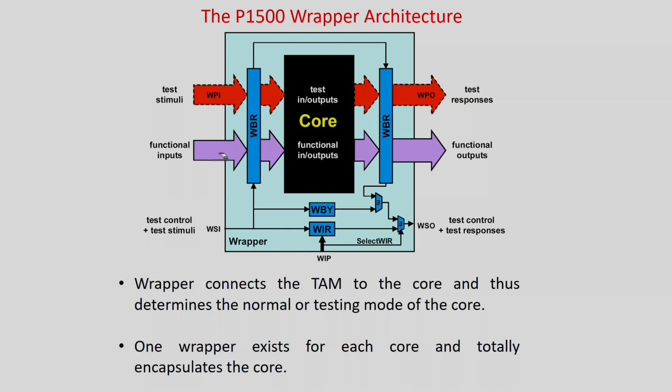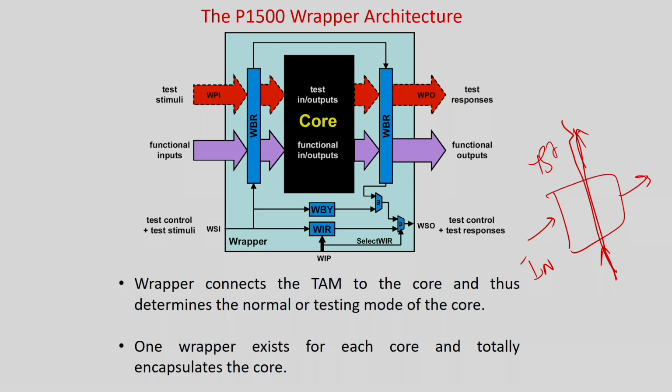So these are two, and this is the WBR, your wrapper boundary register. This is like your scan. This is a multiplexing arrangement with a scan. I'll show you this figure. It is something like this. Either the test data can go from here in this direction. This is the test data, this is your normal input, and this is your output. The output is going to the core. So this is testing, in a single mode of application.